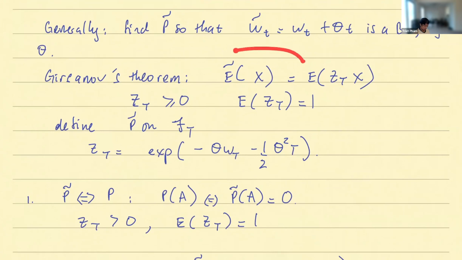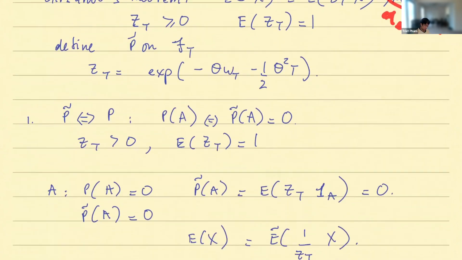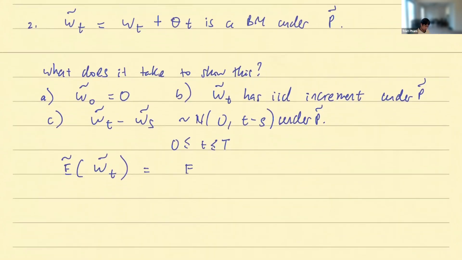Because this means that you define everything on big T, for X adapted to the biggest sigma algebra. So if this is defined, then it should be defined for everything on F little t, because F little t is contained in F big T. So what that means is you have to just follow the blueprint. And let's say you do this. You first do this, and that's by definition.